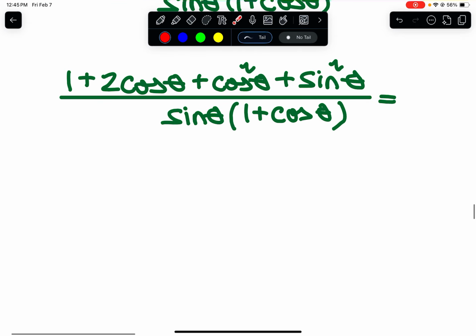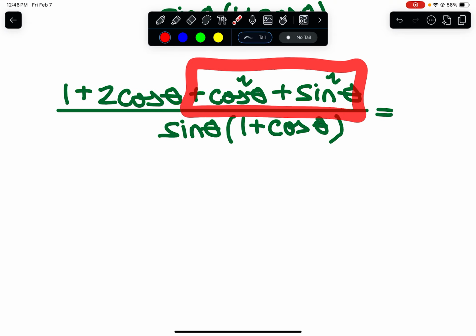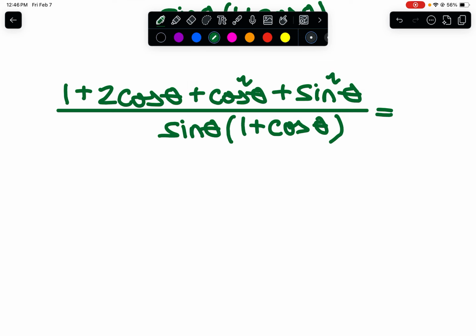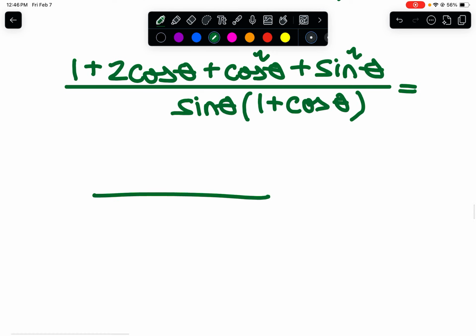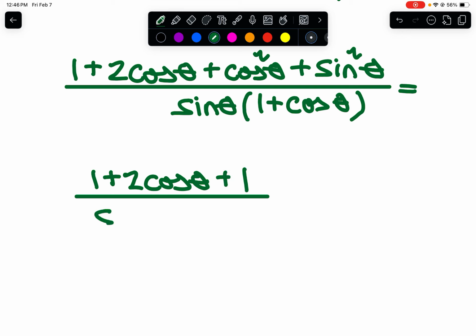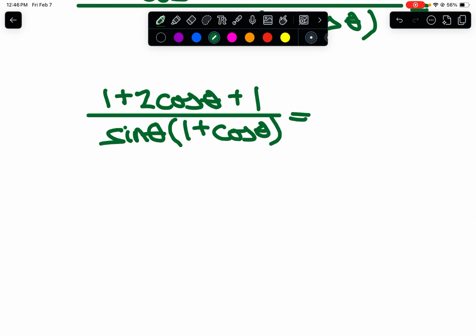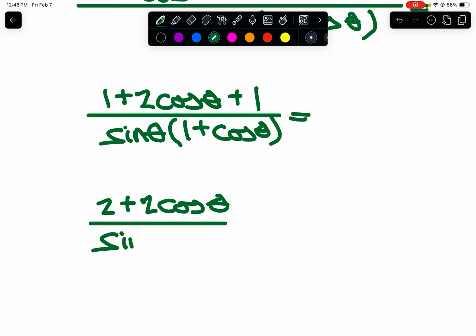All right, and then I look at my fraction here, and I see I have cosine squared theta plus sine squared theta. That's Big Papa. So this is going to just turn into 1 plus 2 cosine theta plus 1, and then that's going to be over sine theta times 1 plus cosine theta. And then I'm going to add my 1's together, so we're going to have 2 plus 2 cosine theta over sine theta, 1 plus cosine theta,